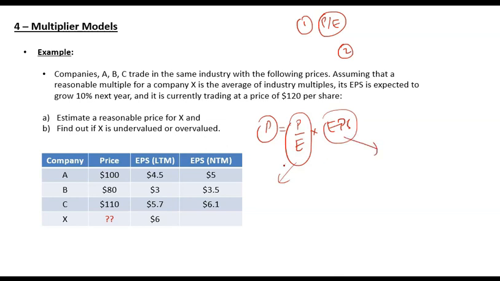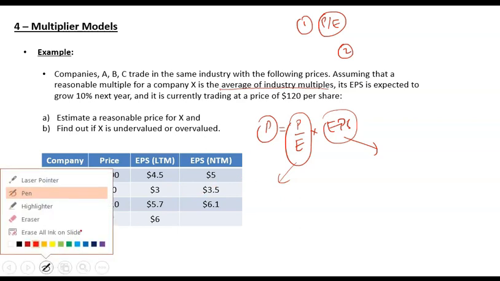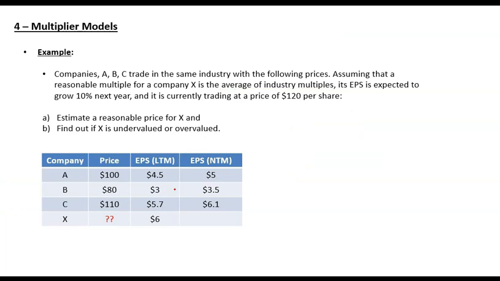So now the question is how do you find out reasonable PE and EPS? For finding out reasonable PE, you have already been told that a reasonable PE is the average of industry multiples. That is the average of the players in the industry. So if you find out the PEs of these players and take the average, it will give you the reasonable multiple. Now the question is, should you calculate trailing PE or leading PE? You will use leading PE. Whenever you have enough data available, it is better to go with leading PE. So first you will calculate PE.